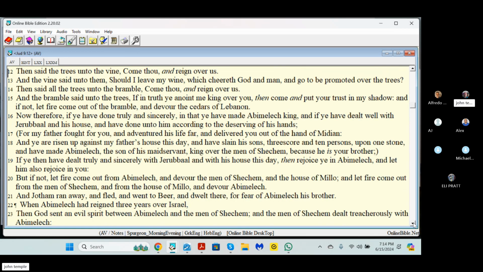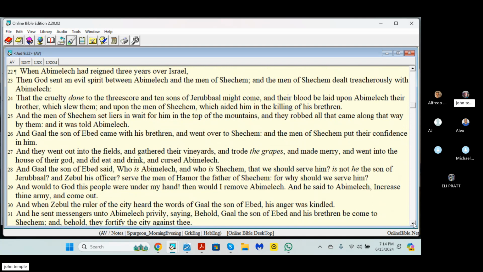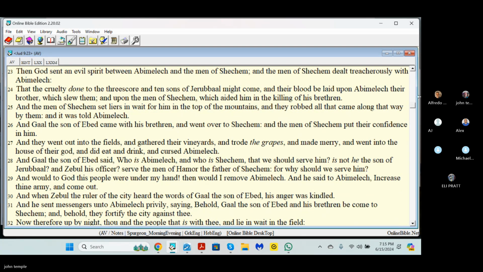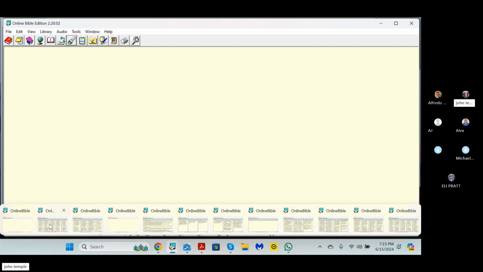All right. And it goes on to tell the story of what Abimelech did, and he was evil. God sent an evil spirit between Abimelech and the men of Shechem. Okay, I'm not going to read the whole story. You get it. So that's the parable of the trees. So the olive, the fig, the vine, they all first came the royal dignity among the trees. The everyday phenomenon of the fig tree leads it to be used figuratively in most varied ways. And we looked at a bunch of these, but let me see if I got them here.